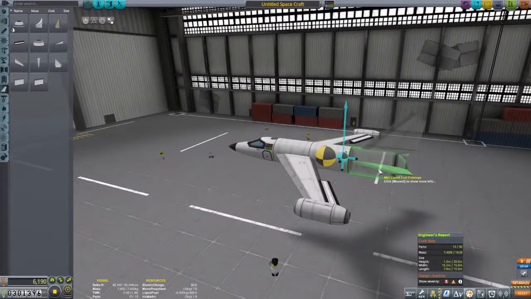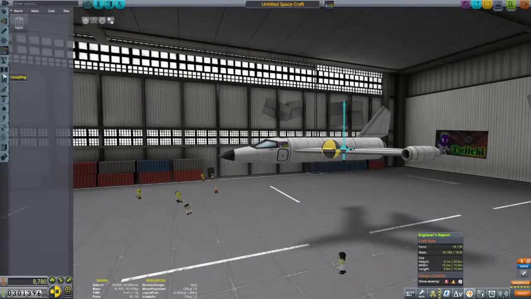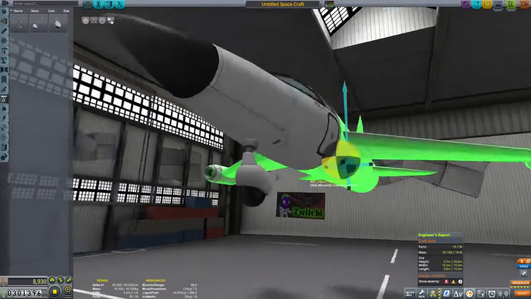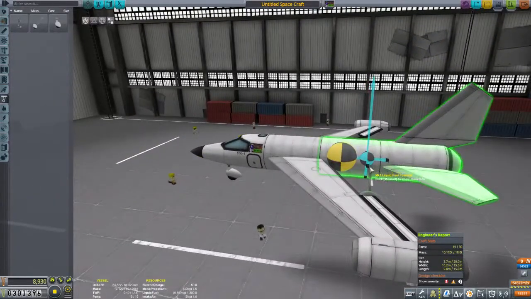Sacrifices must be made for the moment, just because we're so early in the game. The real question, am I going to be able to land this thing? We are so early in the game that I've made a ship that I'm not sure can actually...